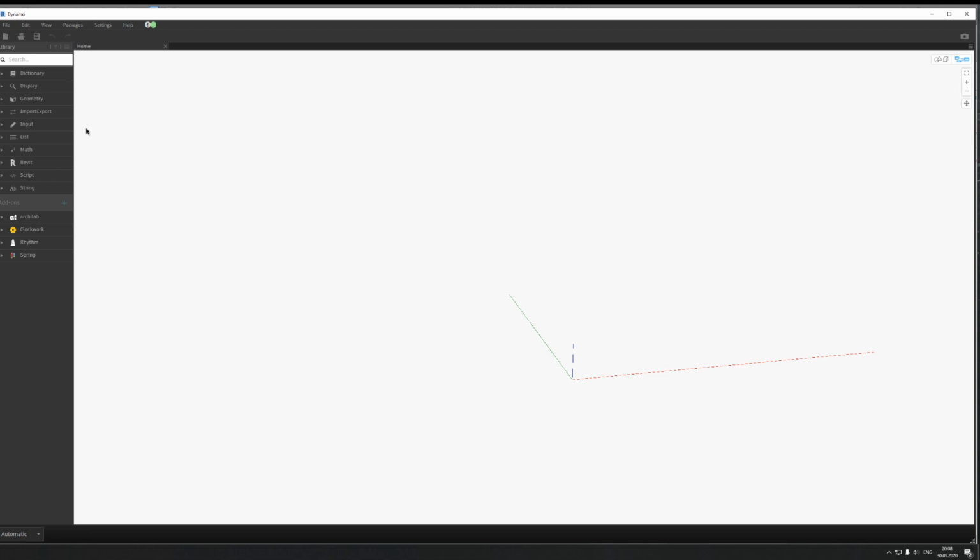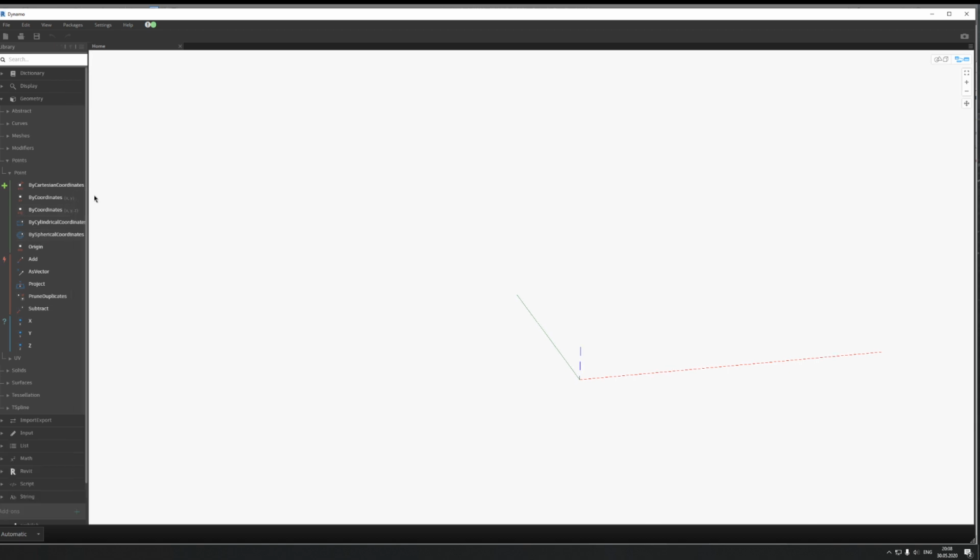For example, I need the node Point.ByCoordinates, but how can I find it? I can open all this directory and find the place where my points and curves are, under Point. I can go this way, but it takes a really long time. You can do the second way: write what you need in the search engine, or right click and write the point. Yes, I know some people already know everything, but as I said, this is for beginners. And here is what I need,